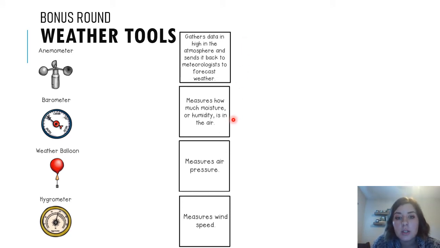Measures how much moisture or humidity is in the air. So humidity is like when it's sticky outside, like when you go to the beach, or your hair gets really frizzy and you're like, oh my gosh, it's so humid. That's because there's a lot of moisture literally in the air. Okay, measures air pressure